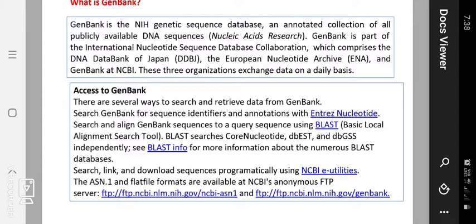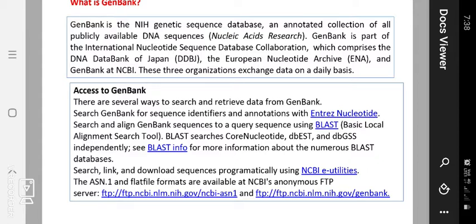This is the most important tool for sequencing and storing sequences. BLAST searches the nucleotide database, EST, and the database GSS independently. The BLAST information is more about numerous database servers.